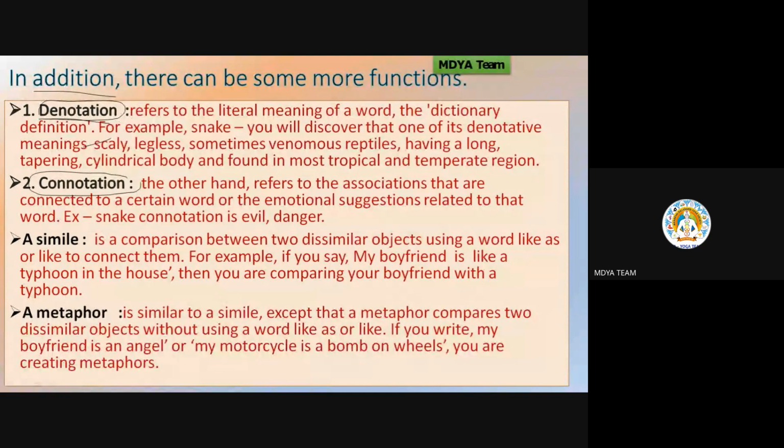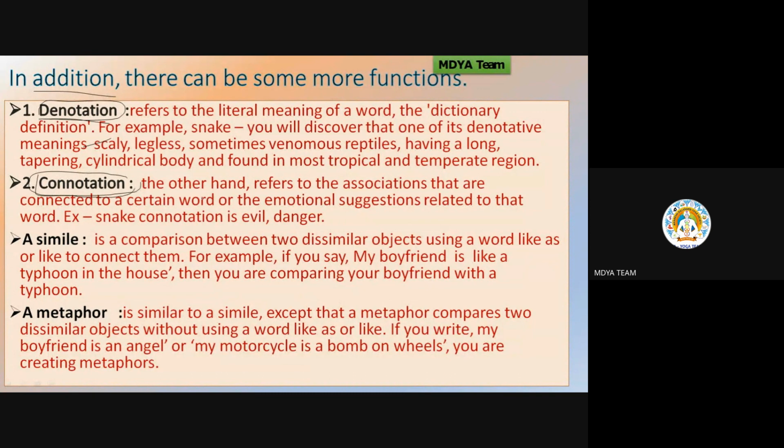And we call that denotation of dog. And in connotation, if we take the same example, we see what you have experienced regarding that animal, what experience you have related to the dog. Like if any dog has bitten you in your past, then you will say that dogs are a bad animal, and you will feel fear.